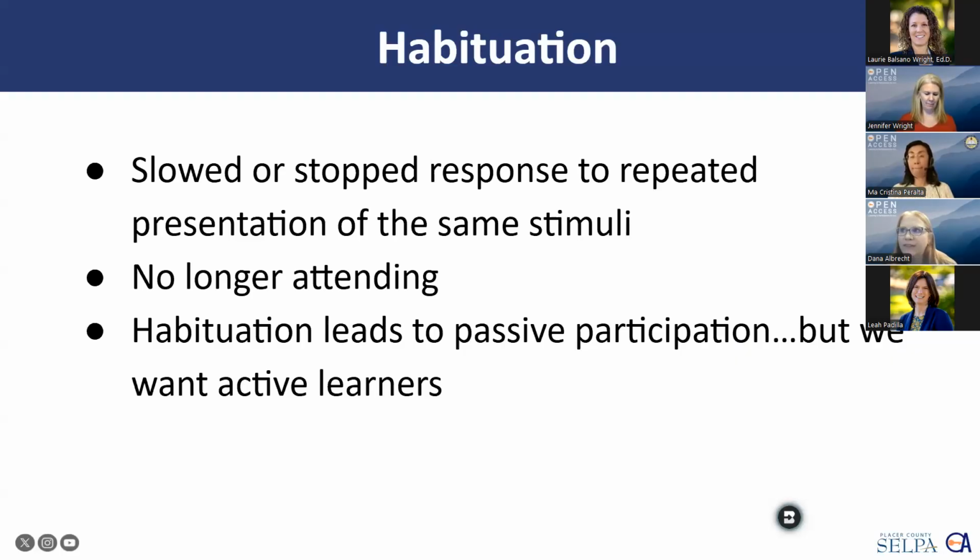So if you think about it for a second, what are some of the routines that you have every day, and then you don't even remember that you did it? You drove home and you're like, gosh, I don't even remember driving home. Or maybe you take a medication every morning. You're like, did I take that medication or did I not? All of those things can be habituated to the point that we just don't even think about them